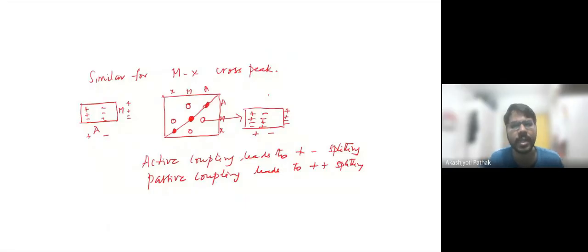So similarly for the MX crosspeak, if you are considering the MX crosspeak, which one is it? This is your AM crosspeak, this is your MX crosspeak. If you consider the MX crosspeak, then MX is the active coupling, while AM is the passive coupling. Okay, so active coupling will result in plus minus splitting,